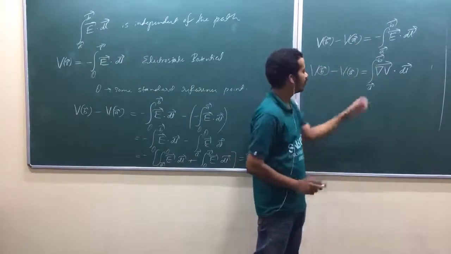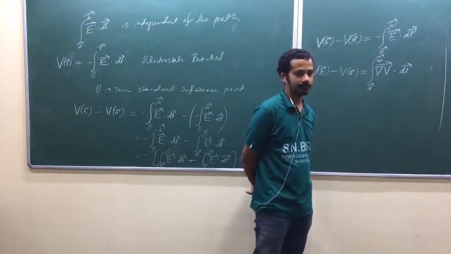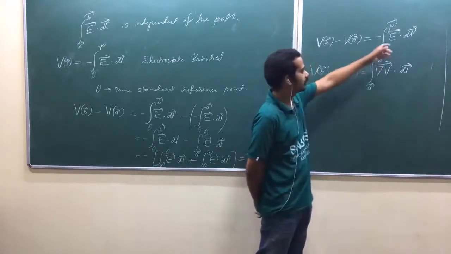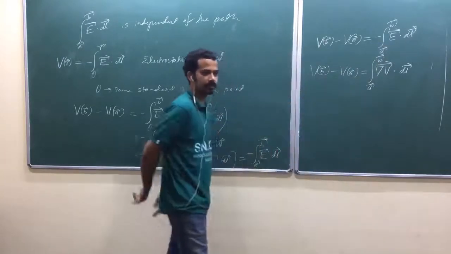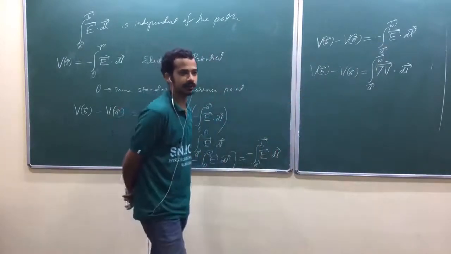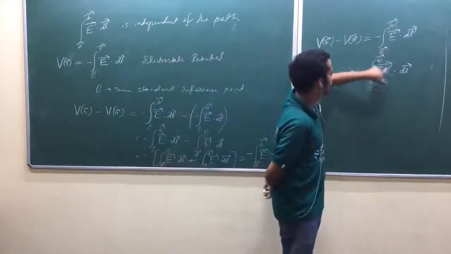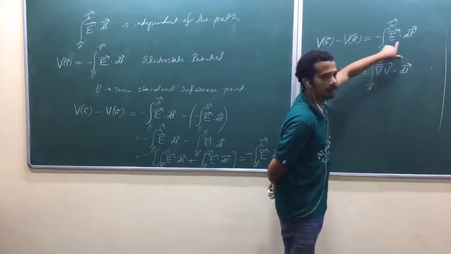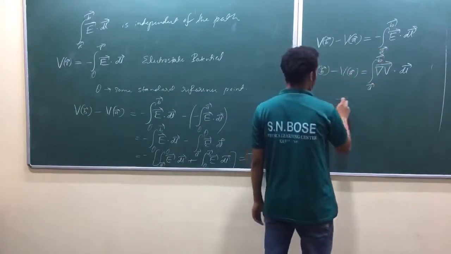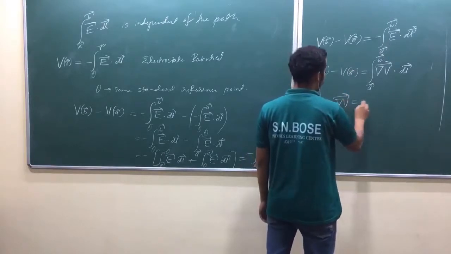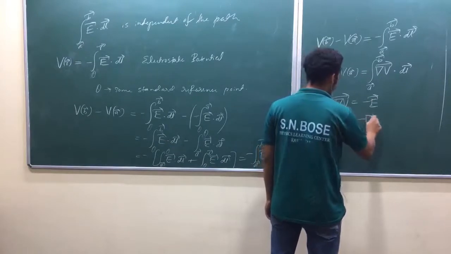Now what you do while equating these two, take path same. That's your choice. Now you can argue, here that may be different path, here that may be different path. Am I right? So choose the same path. There is no loss in that generalization. Is that the case? So once you do that, you can equate these two, whatever is inside. Am I right? So what is that one? I can write del V is equal to minus E, or I can write E is equal to minus del of V.